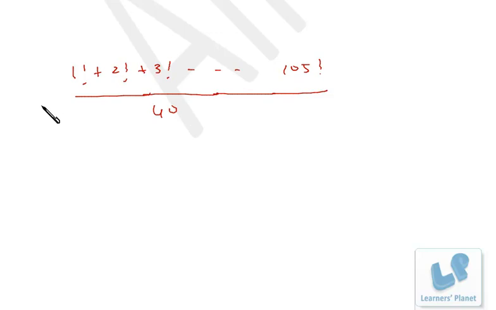Okay, let's see. Now 1 factorial is 1, 2 factorial is 2, 3 factorial is 6, 4 factorial is 24, 5 factorial is 120. So after 5 factorial, each and every number will be a multiple of 40. So we will not be getting any remainder after this. Okay. So till here the remainder is 24 plus 6, 30, 32 and